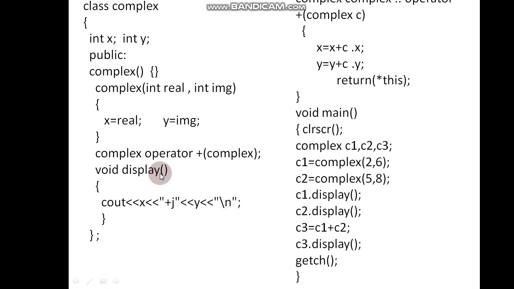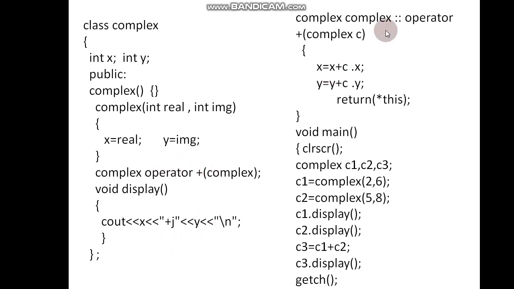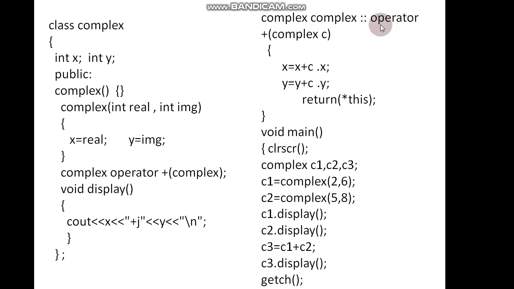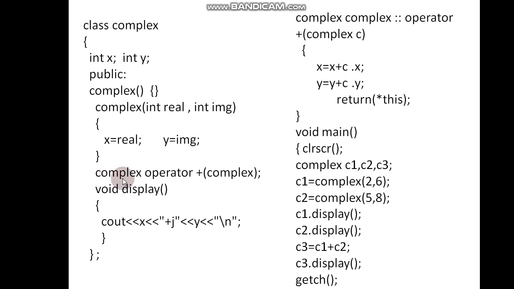Display is a function which displays the complex number in the format x plus jy. Now operator function is defined outside the class. Name of the function is operator plus, which takes one parameter, which is the second object. This belongs to the class complex. Return type of the function is also complex.